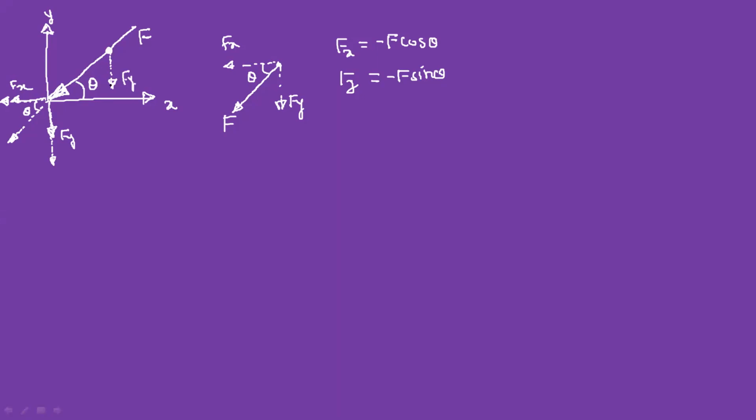So this will be your Fy. Draw the second vector parallel to x-axis. Now observe the direction. Okay, this is the direction. So show the vector like this. So this is Fy and this is your Fx. So as this angle is theta, this angle will be the same theta. Okay. So Fx will be minus F cos theta and your Fy will be minus F sin theta. So you can resolve the force anywhere on the line of action of that force. Okay. So we will take a second case.